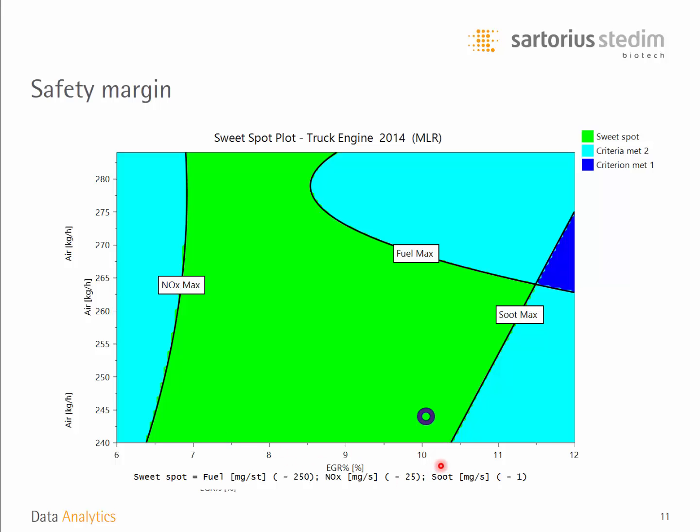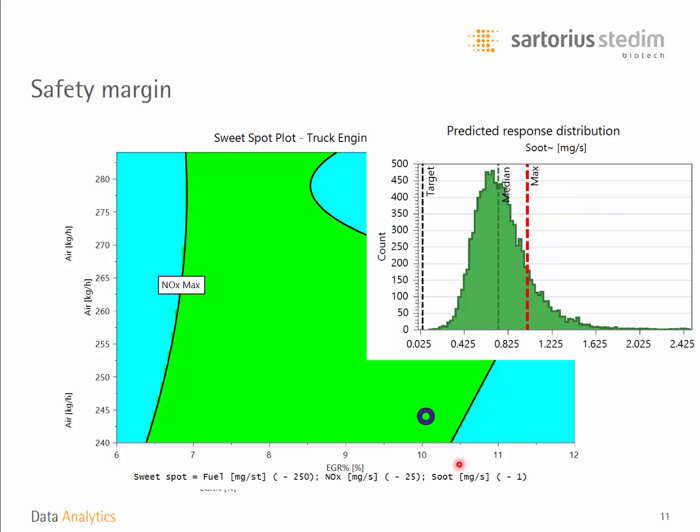Going back to the first point that we were discussing, if you start to perturb this system and take into account all the different uncertainties that can occur in DOE, factor precision, model uncertainties, and other sources of variation that may indicate instability of the system, you realize that if you would be at this coordinate, there is up to around 20% or maybe even greater risk that you would violate the maximum setting for